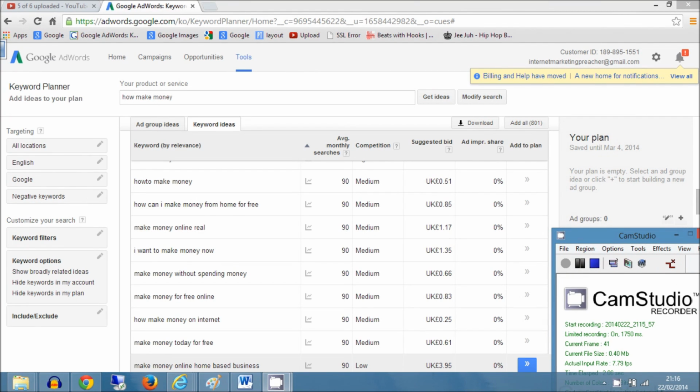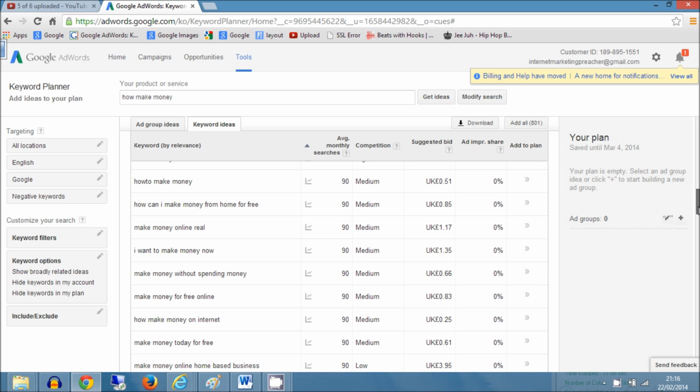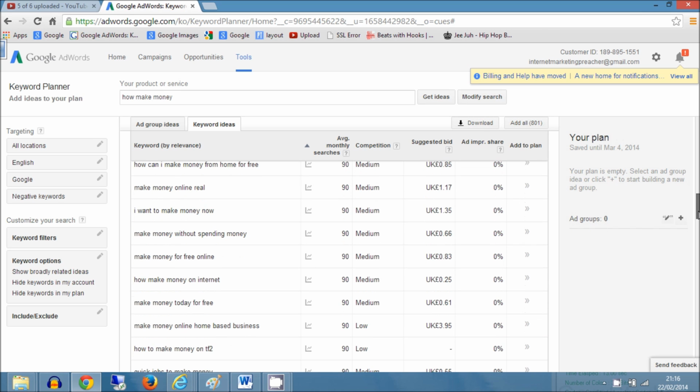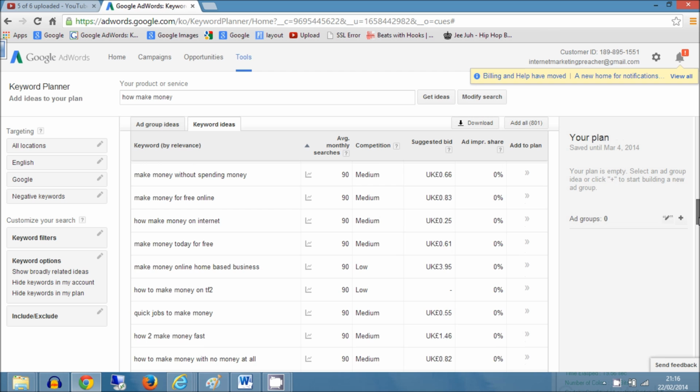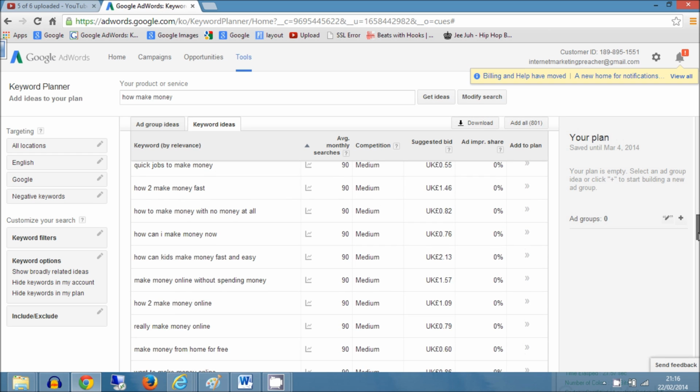Now, I spend a lot of time doing keyword research because it's so important when you're picking domain names. For example, the make money niche is one of the biggest niches out there, with literally hundreds of thousands of keyword variations.